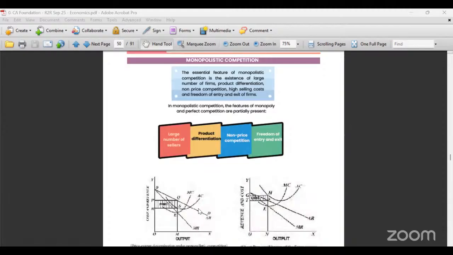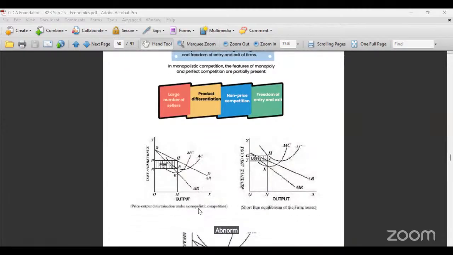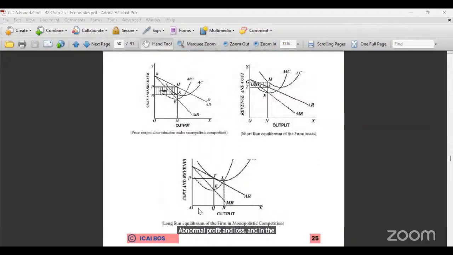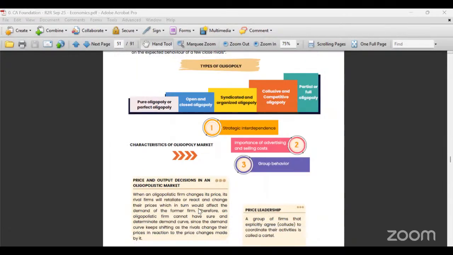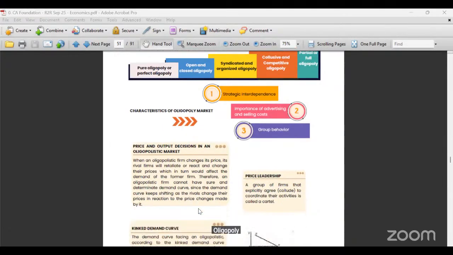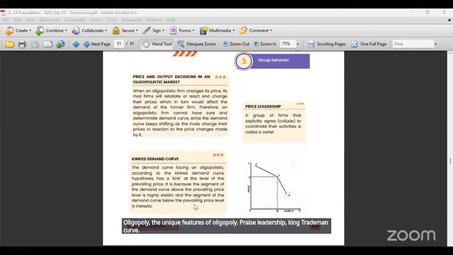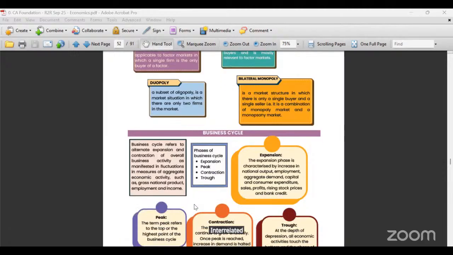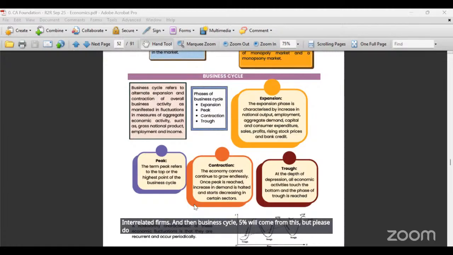And monopolistic competition, abnormal profit and loss, and in the long run, you will see the normal profit. Oligopoly, the unique features of oligopoly, price leadership, kinked demand curve, interrelated firms. And then business cycle, 5% will come from this, but please do understand that though